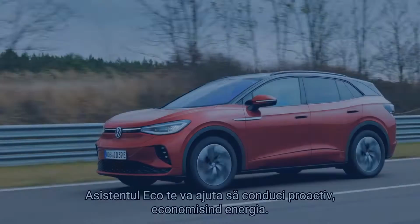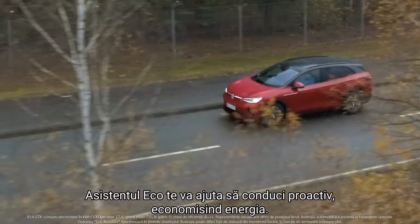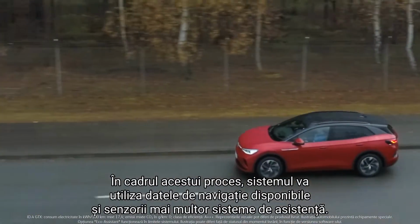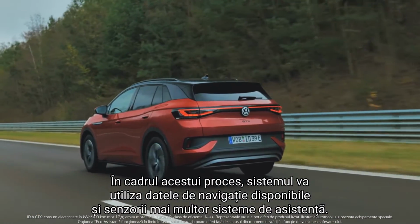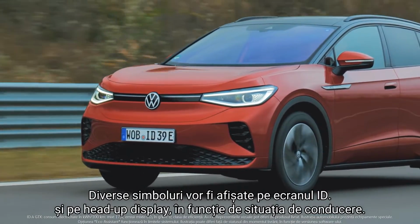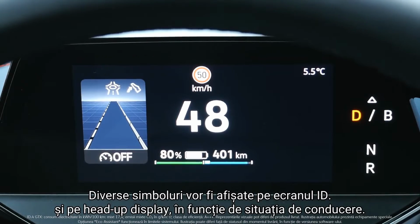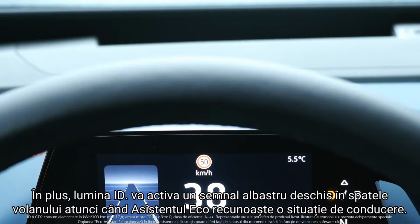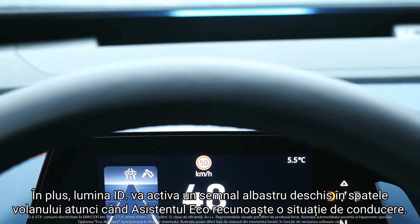The Eco Assistant will help you to drive in a proactive and energy-conserving manner. In this process, the system will use available navigation data and the sensors of several assistant systems. Various symbols will be shown on the ID display and the head-up display, depending on the driving situation. In addition, the ID light will activate a light blue signal behind the steering wheel when the Eco Assistant recognizes